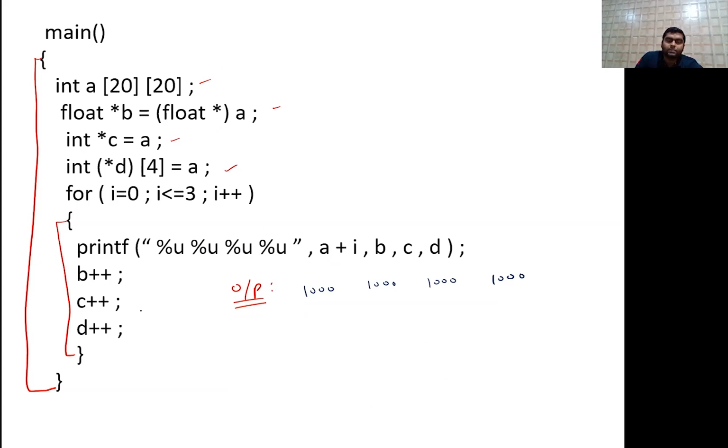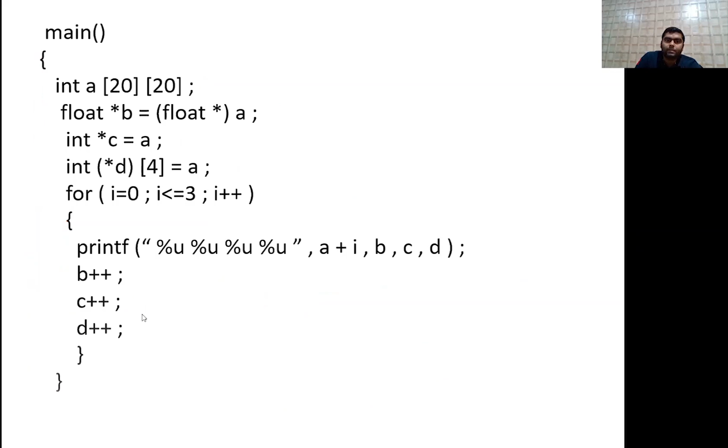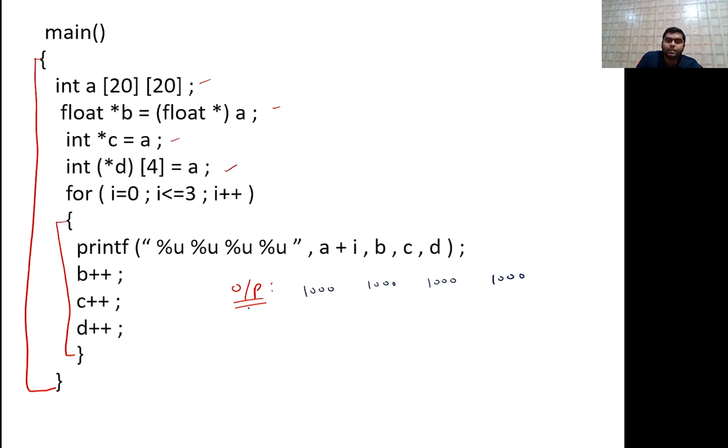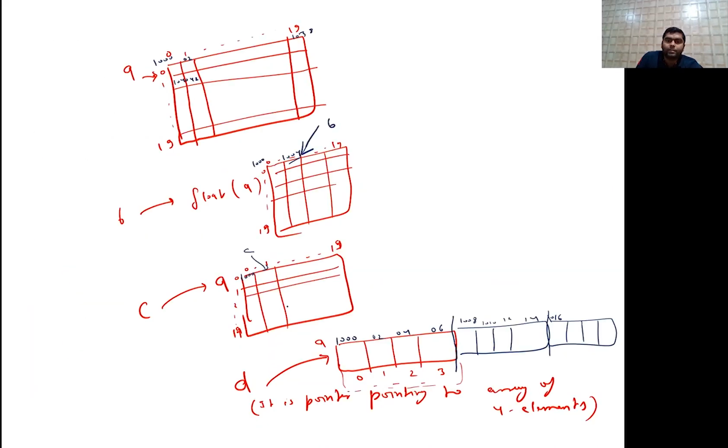And C plus plus is what? C will again be incremented. So C is again like this. So this is C. And because it is pointing to an array, if it is pointing to the base address of the array and we increase it, it will go to the next one. And next is D. If we increase D, it is pointing to an array of 4 elements, so D will come here. It will skip 4 elements.